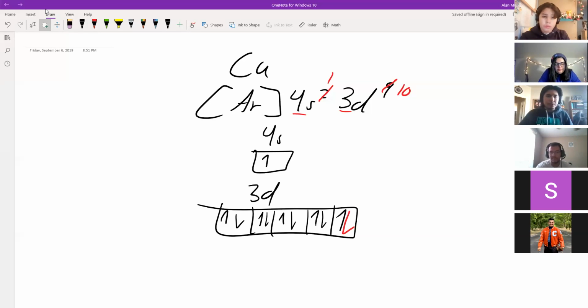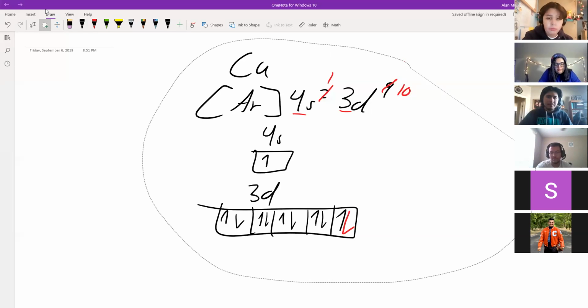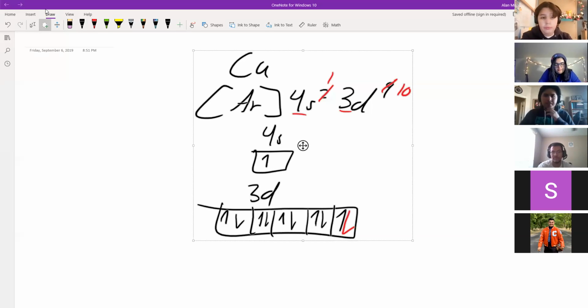Do you guys have any questions so far? Anything you may be confused on right now regarding electron configuration? Let's see. So